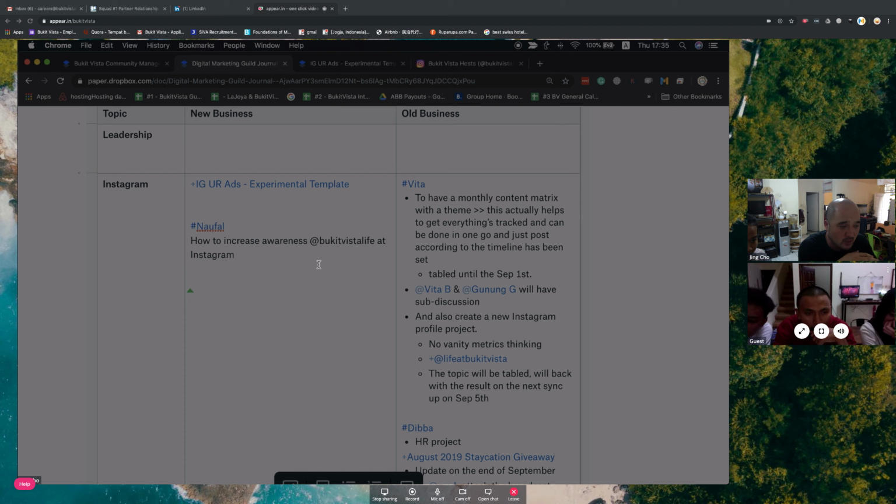Like the way we did with the evening photo. We didn't take it for granted. We tested it, we tried the evening photos versus the non-evening photos, and we could see a definite clear rise in the click-through rate. So at least for click-through rate, we know that evening photos tend to work better.